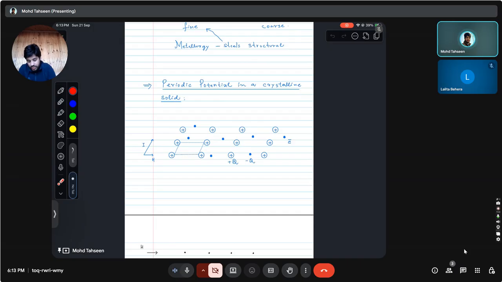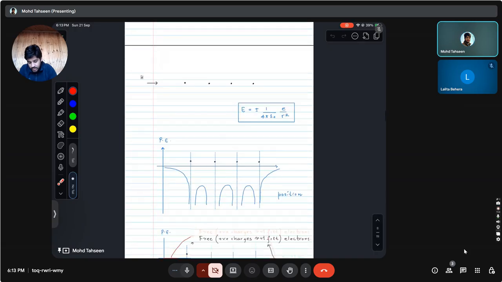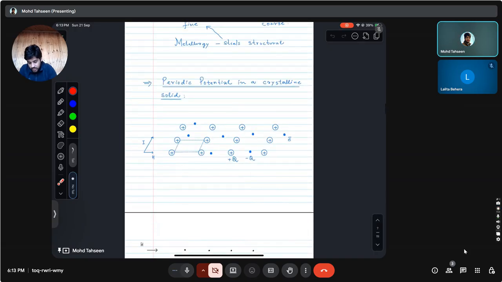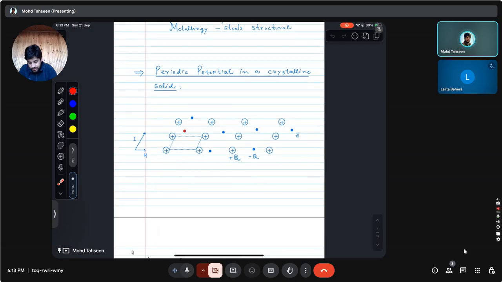For example, we took the example of this kind of distribution. We have this oblique distribution of positive ions, which have each contributed, let's say, one electron, shown by this solid dot. And if we look at the structure that these ions are packed in, we see that this is the unit cell of this structure, right?